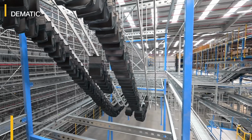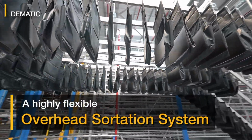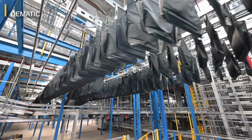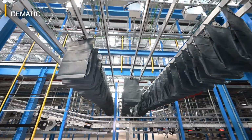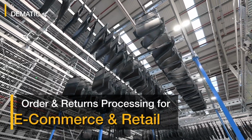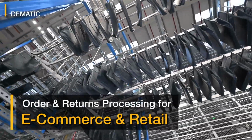Growth in e-commerce is fueling the rise in omnichannel fulfillment. Retailers need a solution that supports store replenishment and direct-to-consumer orders from a single distribution center while accommodating demand fluctuations, SKU proliferation, and changes in order profiles. The Dematic pouch sorter helps you get ahead of market changes by getting orders out the door easily, quickly, and